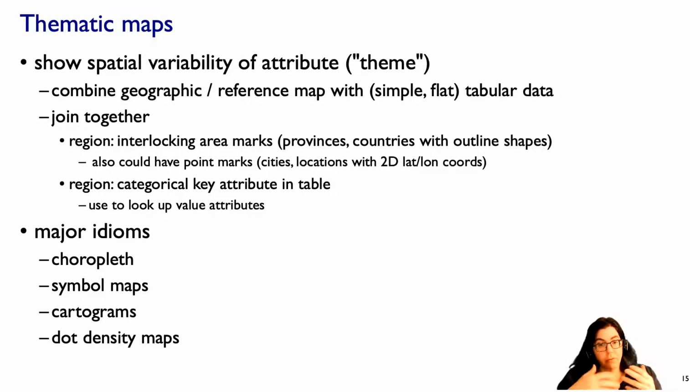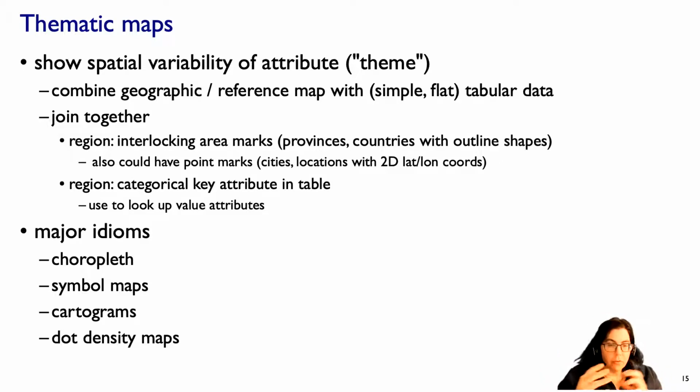Sometimes we also have things like cities that we could consider like a two-dimensional lat-long coordinate, where the latitude and longitude actually is a way to index again into geographic data. But the key thing is that whether it's these regions that are interlocking area marks, they are also a way to look data up in a table. So a region is also a categorical key attribute that we can use in a table to look up value